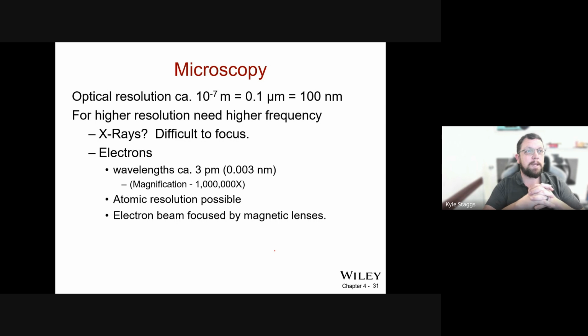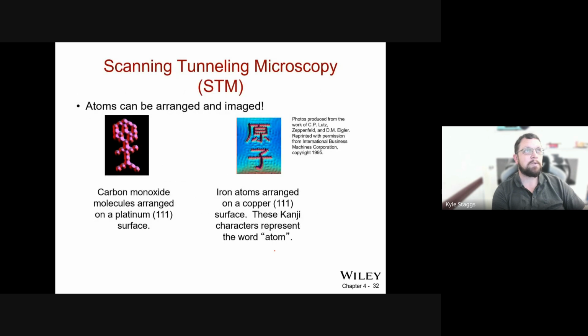So the electron beam is focused by magnetic lenses, and those are very tricky to operate at those extremely fine resolutions. So there are some images here that have been colorized in order to make them interesting,